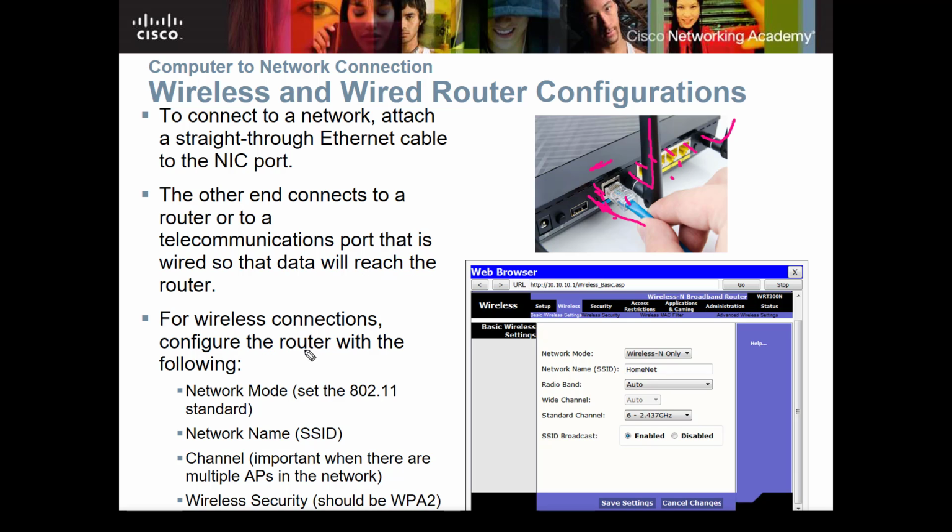So for the wireless connections, you configure the router with the following. You can go into the web browser, you set up the router, and in this case it's 10.10.10.1. You go into the settings here, and you can tell it what network mode you're going to use. This is wireless N, whether you're going to do AC, which is the newer standard, or N, or even set up one of the older ones. This video is being made in April of 2017. I don't know why you would do anything earlier than N, unless you had some older specific wireless devices that ran on an earlier version, and you just have to have that network set up for that.